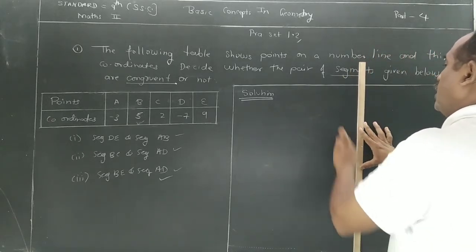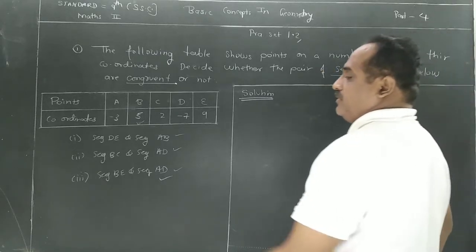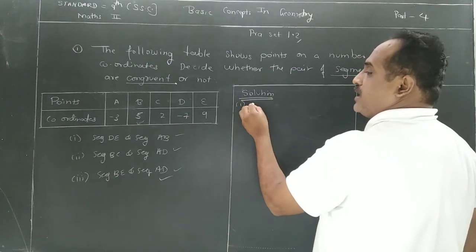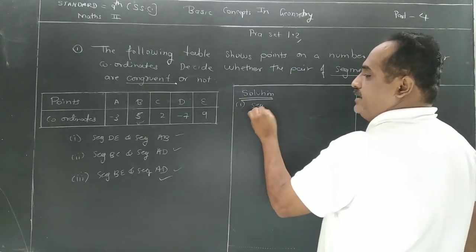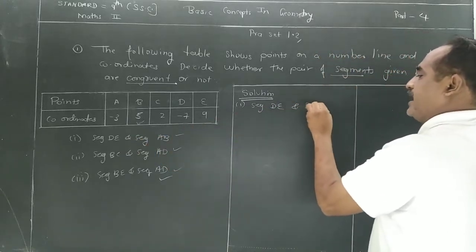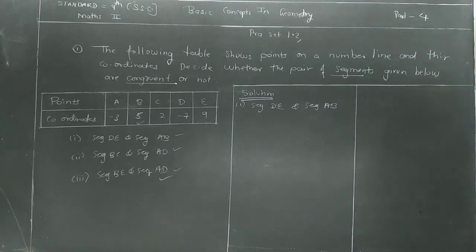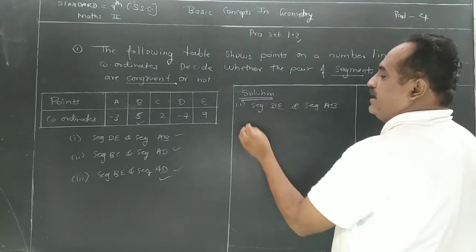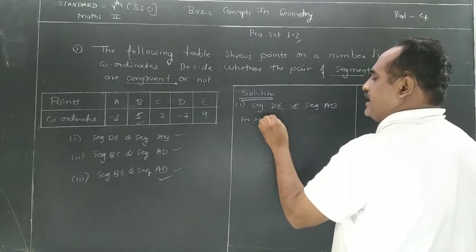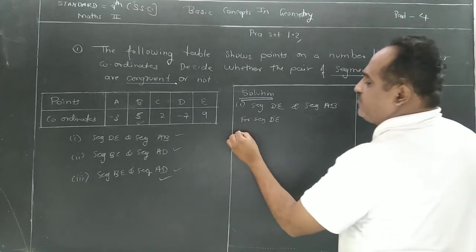Okay. So, how we'll do it? See the first question. Segment DE, that is the solution for the first. Segment DE and segment AB. First of all, we find out the length of this segment. So I write for segment DE. To find out the length of segment DE, first we'll see